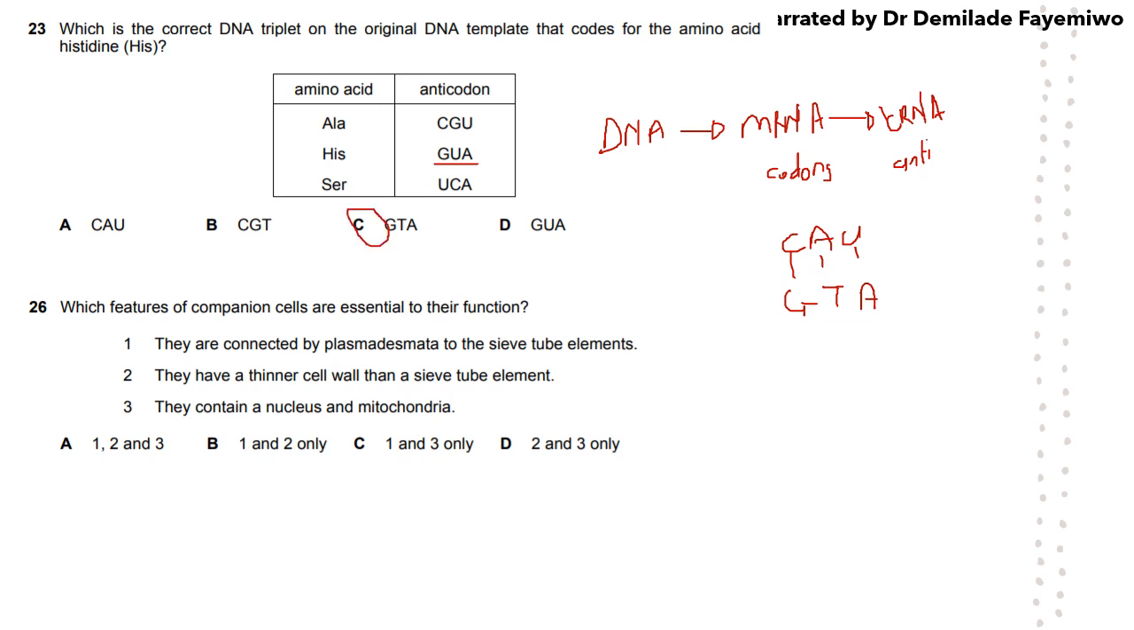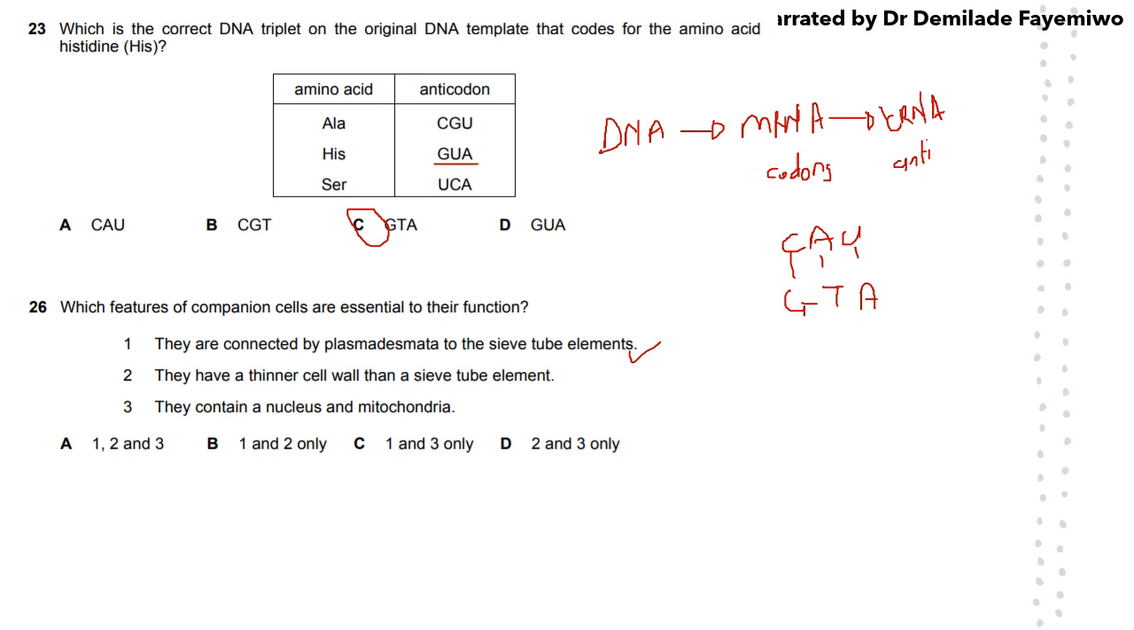All right. Now let's look at 26. Which features of companion cells are essential to their function? Again, just like I said, whenever you have questions like this, start with what you know. Don't try to be, oh, I'm going to read option A and then go look at the sentences, and option B, look at the sentences again, because that would make you confused. So let's start here. They are connected by plasmodesmata to the sieve tube elements. That is certainly correct, that the companion cells are connected by plasmodesmata,